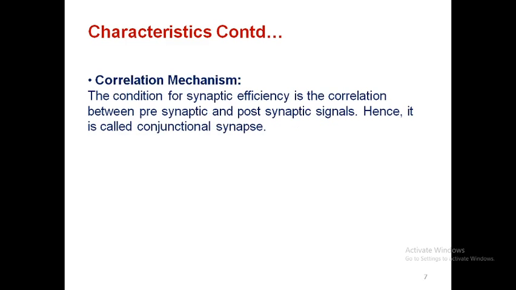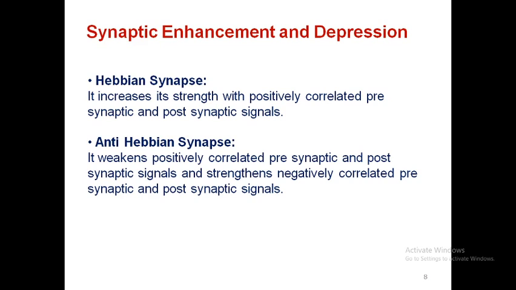Correlation mechanism. The condition for synaptic efficiency is the correlation between the presynaptic and postsynaptic signals. Hence, it is called the correlational or conjunctional synapse. So here actually it has the same meaning, like it should have a strong relation, strong connections. Both should be there, then only it is possible to have these Hebbian synaptic characteristics. So next one is